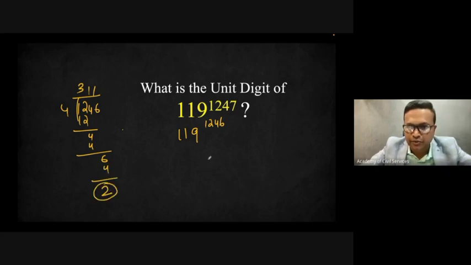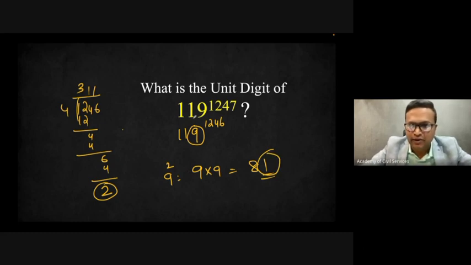Then what you have to do, take out this 9 and take out this 9. 9 multiplied 9 power to 2. 2 is the remainder. Then you have to make 9 power to 2. 9 multiplied by 9, 81. Then answer will be 1. For this one, the unit digit of the final answer will be 1, whatever is the unit digit coming.